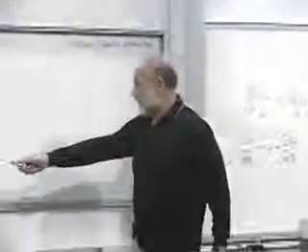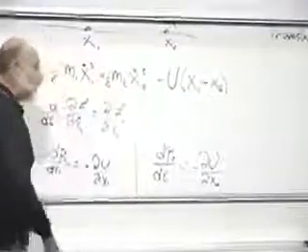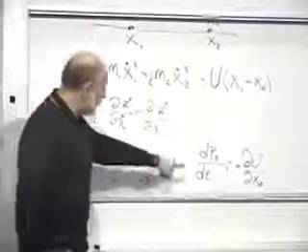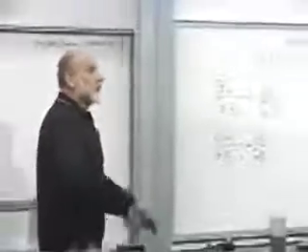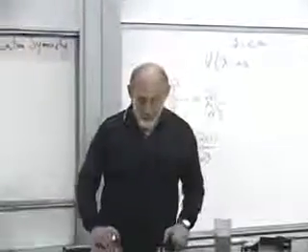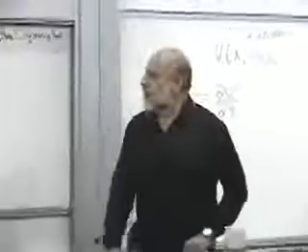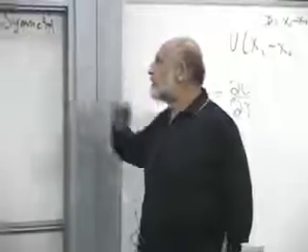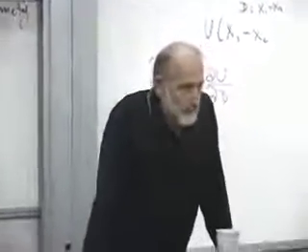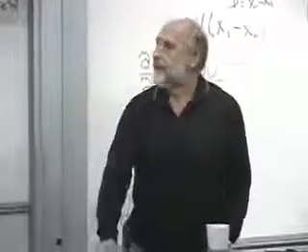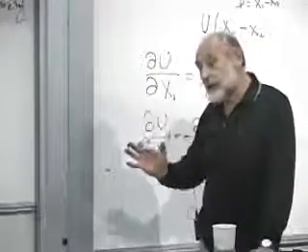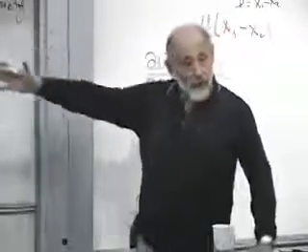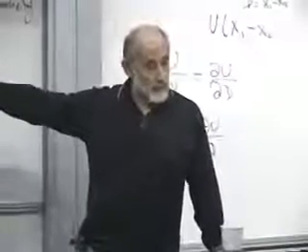If you add these two equations to find d(p1 plus p2) by dt, then the forces on the right-hand side will cancel, just as Newton assumed that they would. So what we find from this is that momentum conservation for this simple system is a consequence of translation invariance, number one, and number two, the form of the equations and the fact that they derive from the principle of least action.